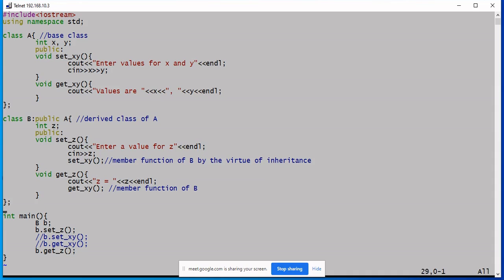Now let's see if the object B indeed contains 3 variables or just 1. I told you that since these two are in private section, they are not accessible. However, they are part of object of derived class. Let's check. You can get to know if there is sufficient space for 3 variables by using the function sizeof b.